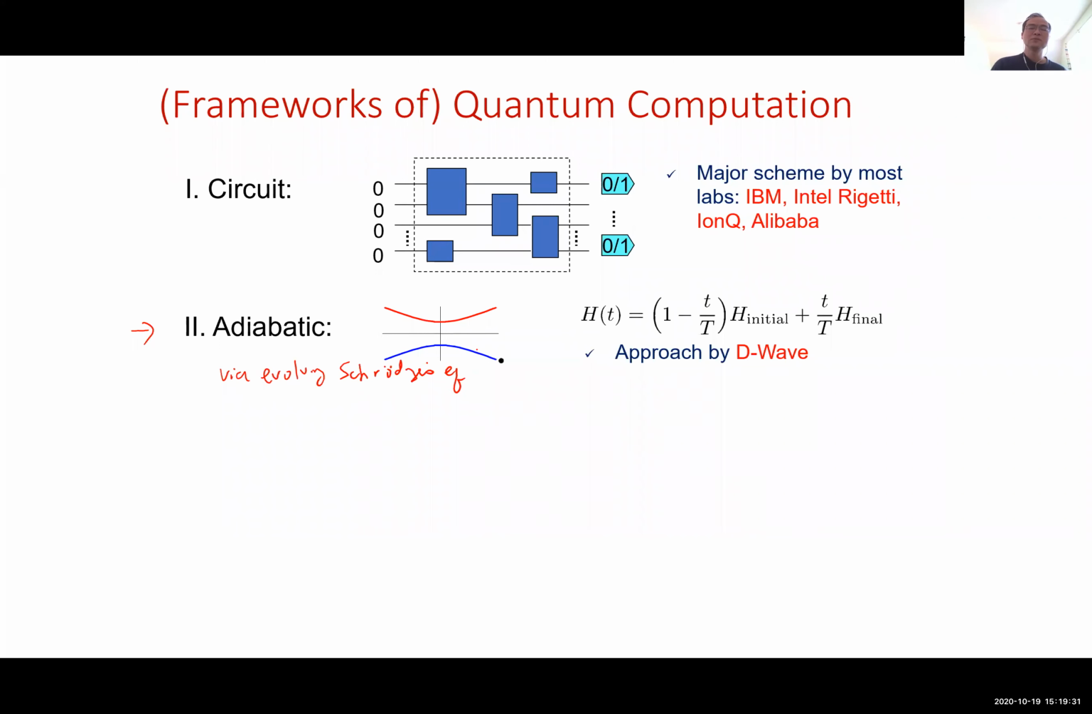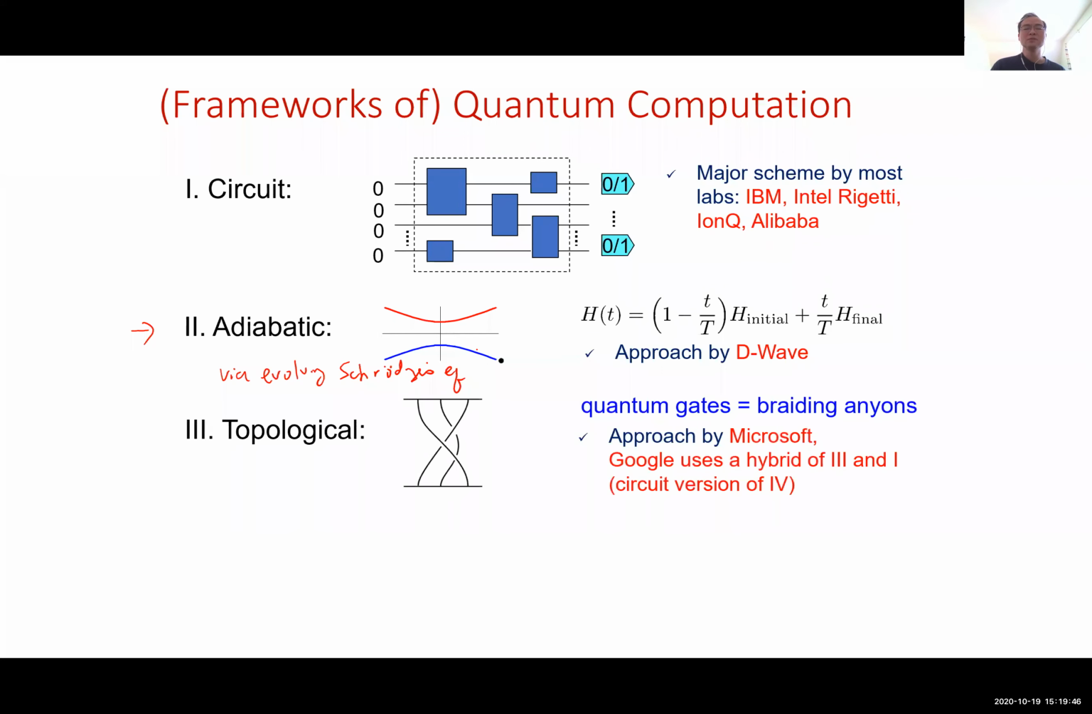Okay. As I demonstrated here, when you evolve in time, somehow maybe the state would follow along, and then you can get to the final answer that you want. But we'll describe this more in detail later. And we have done also the topological quantum computation. But as you see, it's really just using anyons and braiding around to get quantum gates. So in some sense, 3 is just a way to do 1. But this is one that